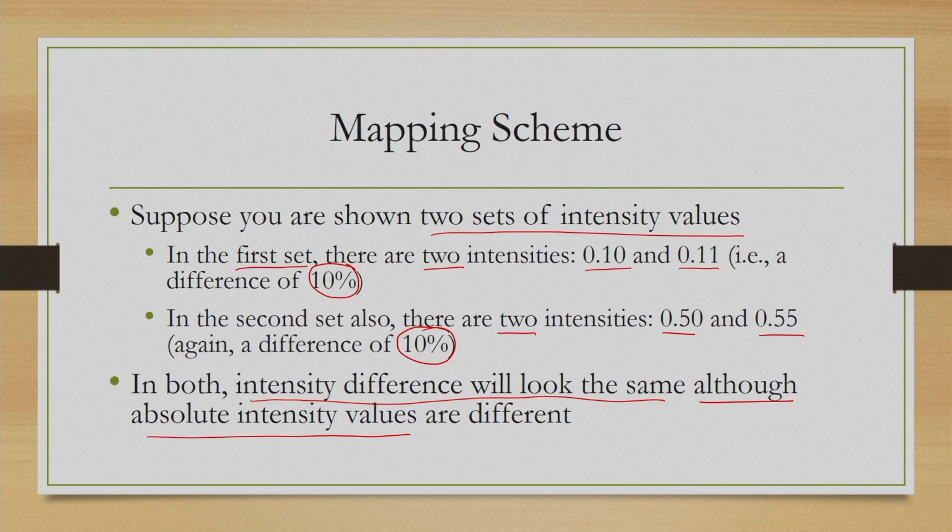If we are asked to look at those two sets of values, we will not be able to perceive the difference between them because of our psychological behavior, that we do not perceive the absolute differences, instead we perceive the relative differences. If the relative differences are the same, then we will not perceive any difference, in spite of absolute differences being there.